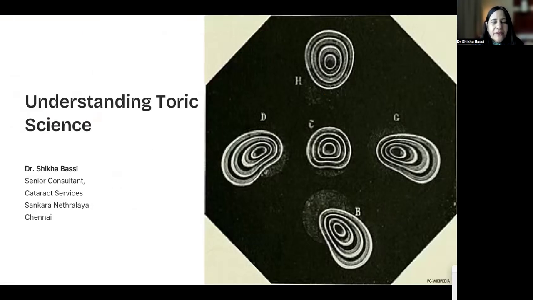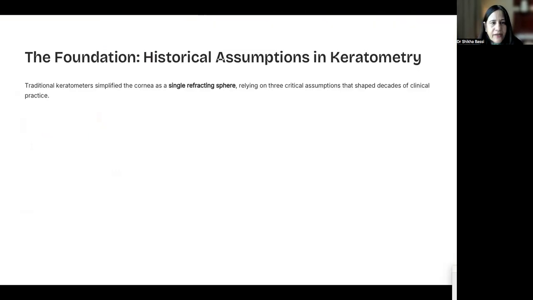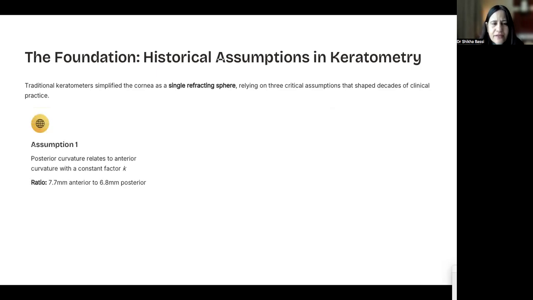So today we're going to look at the science behind toric IOLs. Let's begin with the keratometry, which has historically given us the corneal power for calculation of IOL power, but it's based on a lot of assumptions. The first assumption is that it considers the cornea as a single refracting sphere and does not consider the posterior corneal surface. It takes it as a function of anterior corneal curvature,